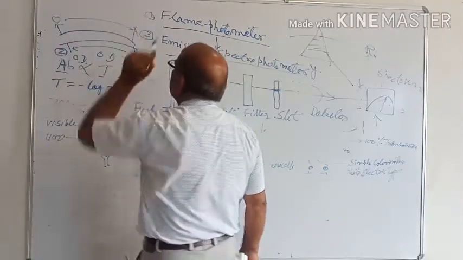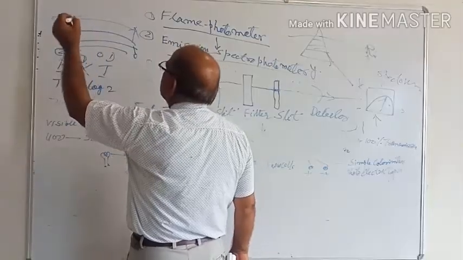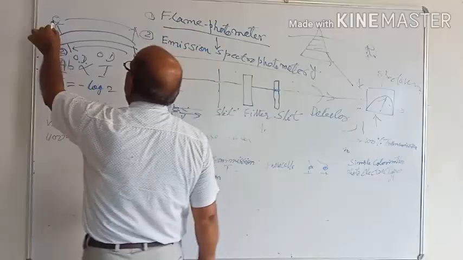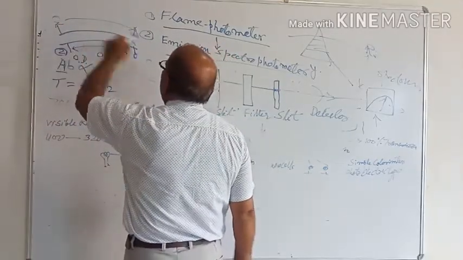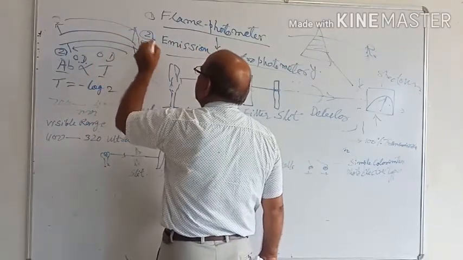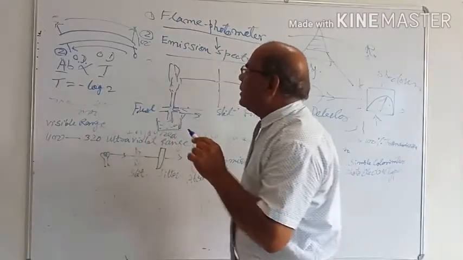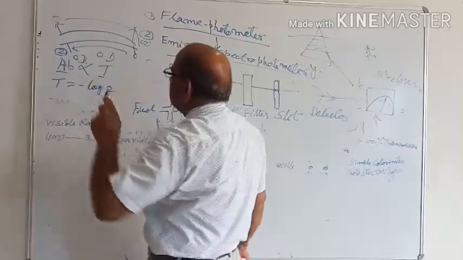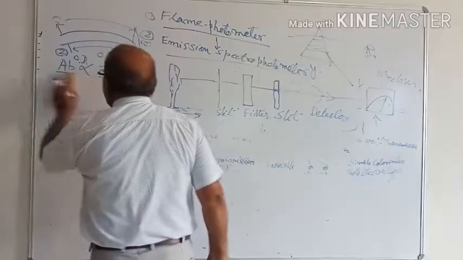What does it mean? When no light is passed, the transmission will be 0. When 100% light is transmitted, the transmission is 100%. So either we can take the reading in optical density or percent transmission, and the simple calculating formula is